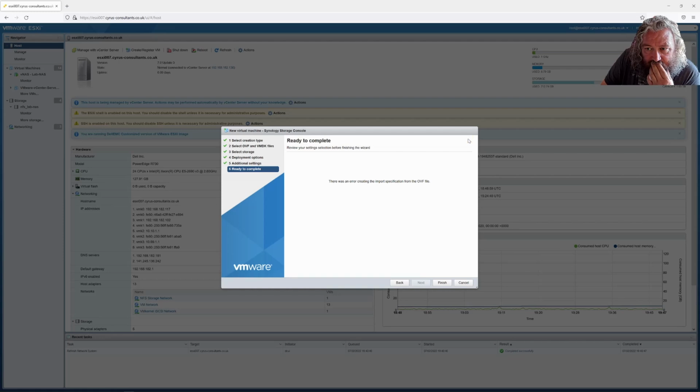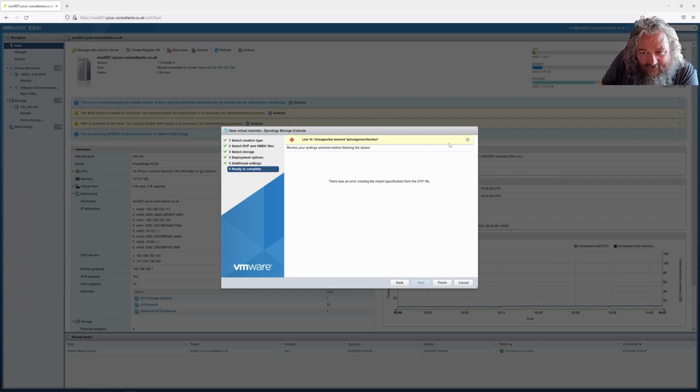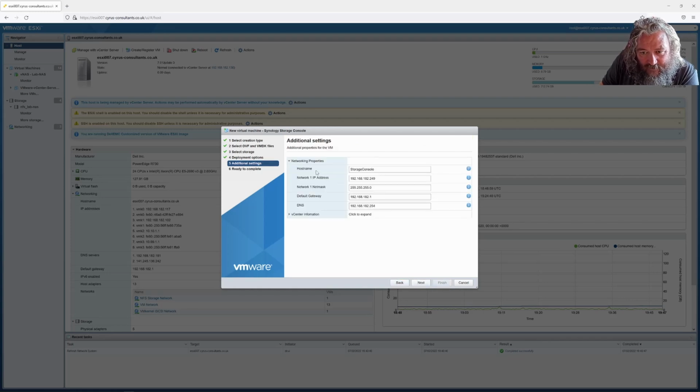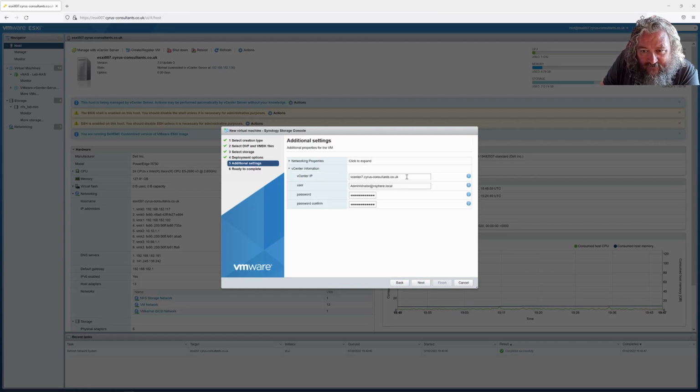This is just turning into... I was going to swear there. Next, unsupported element in section. It doesn't like my IP address, I think, or it doesn't like vSet. I don't know. Unsupported element IP assignment selection. Maybe it doesn't actually like vCenter information, so we're going to have to put an IP address in there,